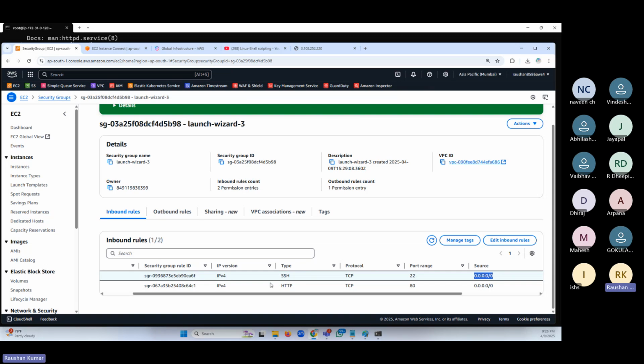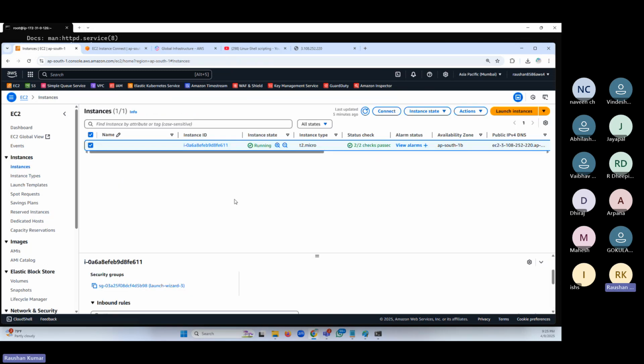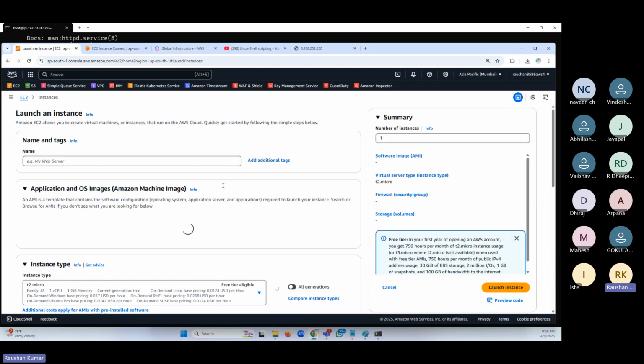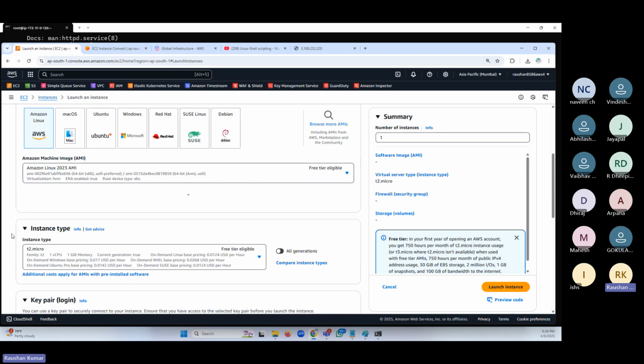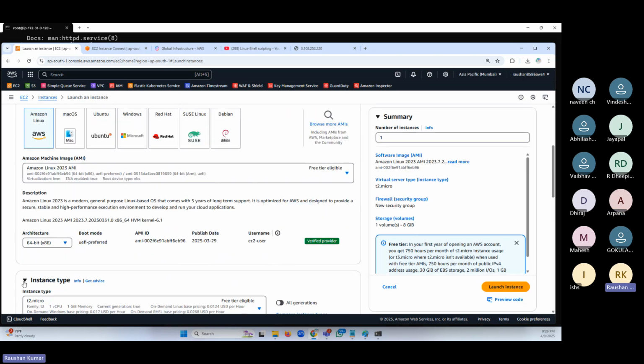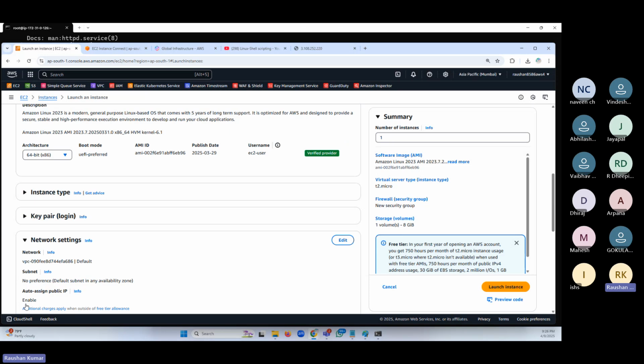All I have done is given the key pair, nothing else. I have not touched anything here. I do have the option of checking the security group if you come down below, but I told you the only mandatory field is the key pair.